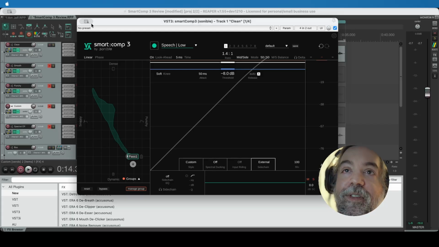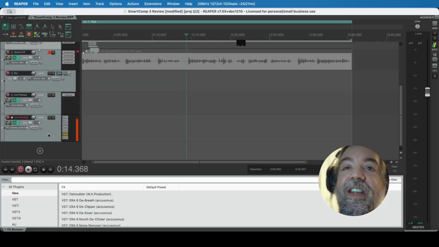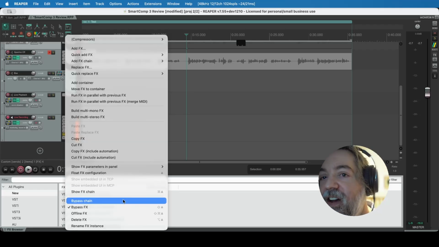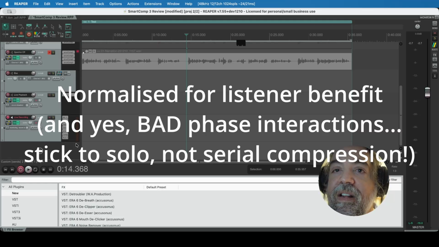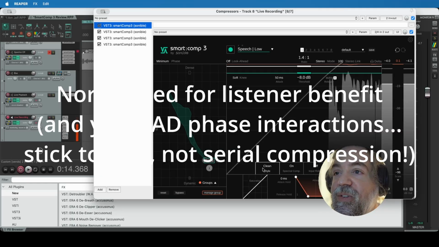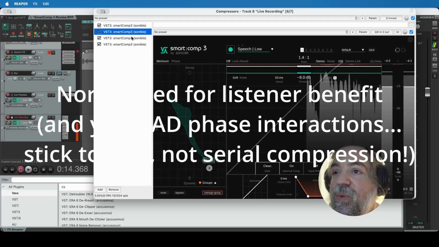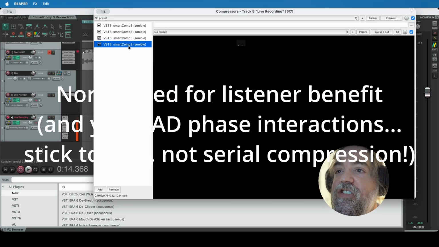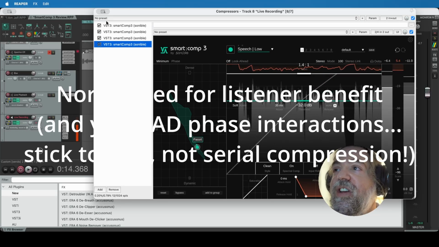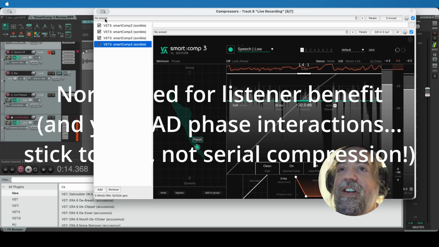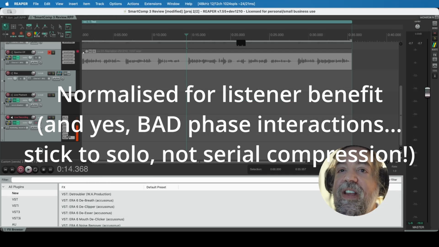So I have been recording this video with the compressor off, but if I unbypass the FX, you're now listening to me, hopefully undistorted. Let's make sure I am actually running all these on clean. You should now be hearing my audio with the serial spectral compressor enabled, and hopefully my voice is still in